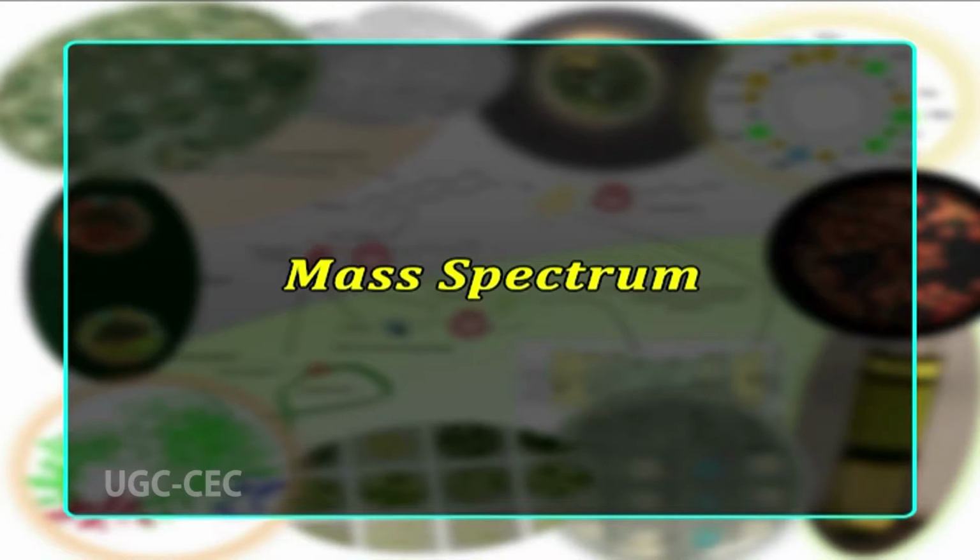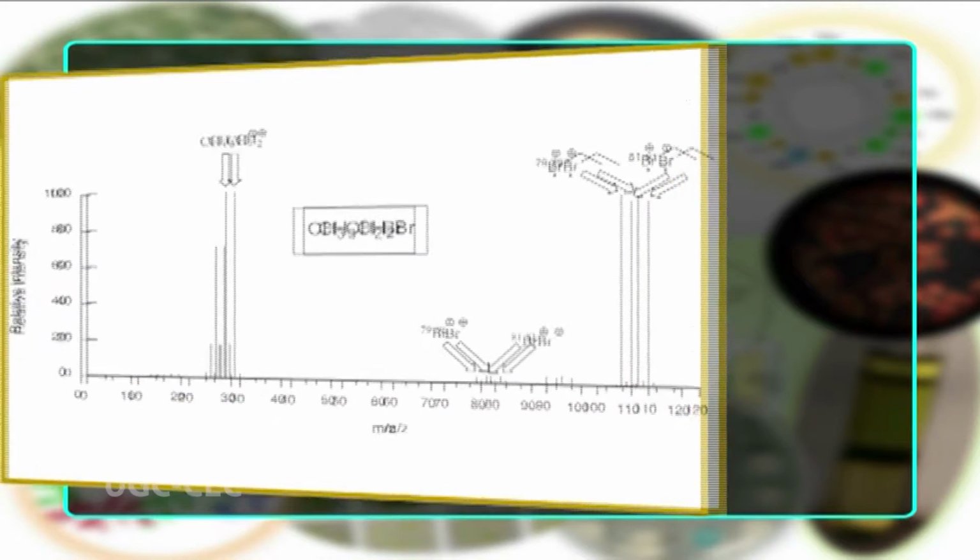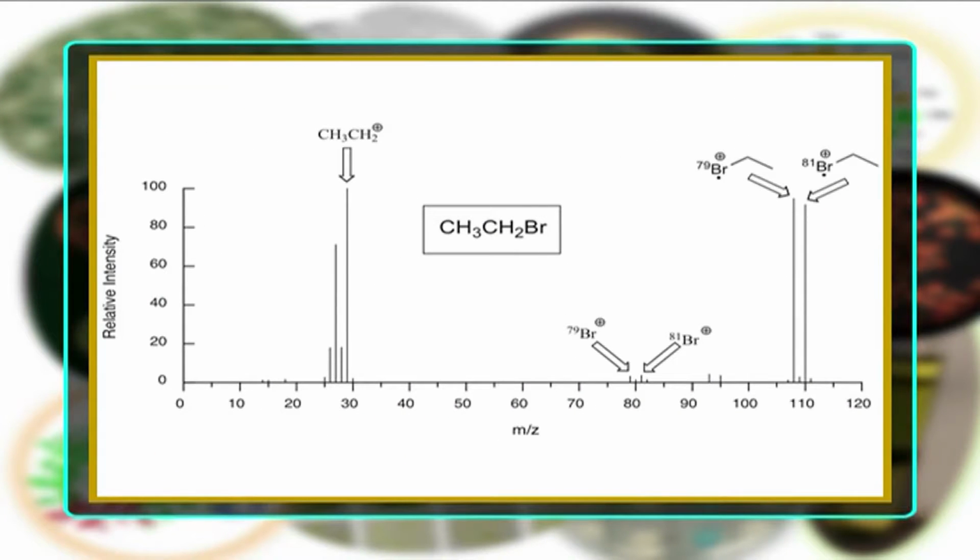Now, what is the mass spectrum? A mass spectrum is a plot of an ion signal as a function of mass to charge ratio. The spectra are used to determine the elemental or isotopic signature of a sample, the masses of the particles and of the molecules, and to elucidate the chemical structure of molecules such as peptides and other chemical compounds.